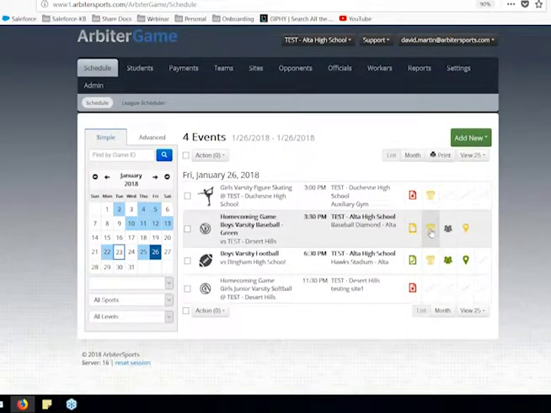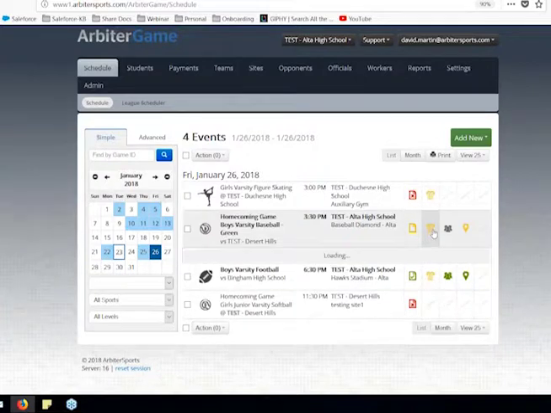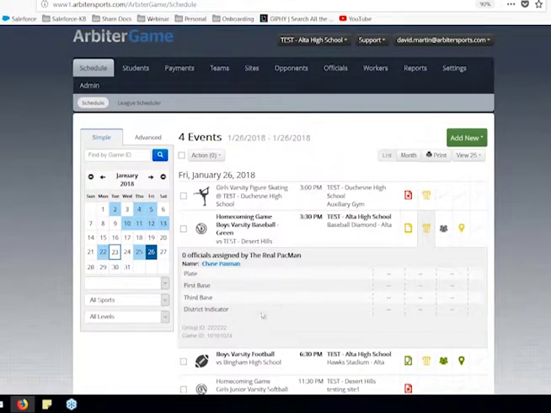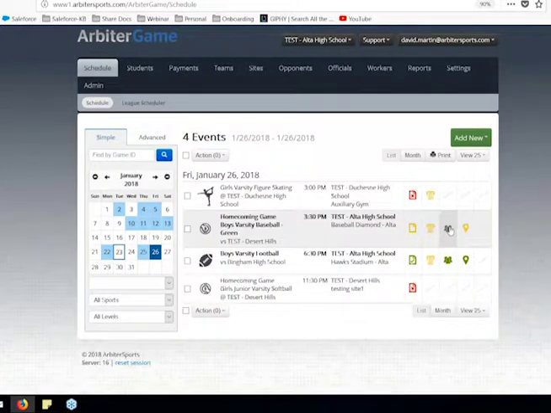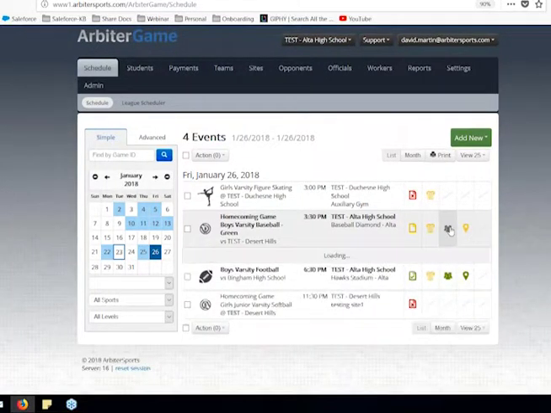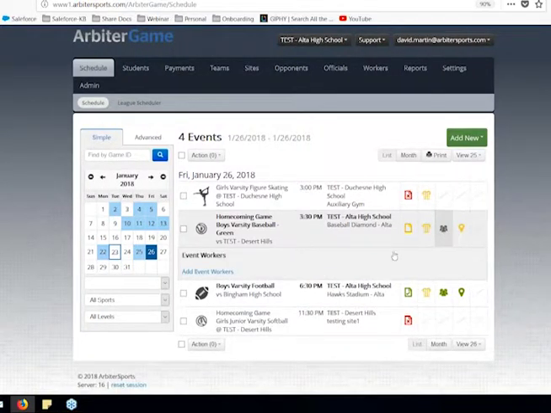Then we get into our next section, which is our referees. You can see that we have four different referees that we're waiting for Chase to assign to us. So that's why it's yellow. We will talk a little bit about event workers within the game. We can add event workers for this group. Now these event workers are in our workers section over here. So you do have to actually have event workers added in here.